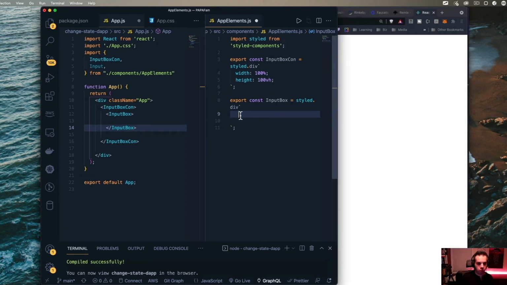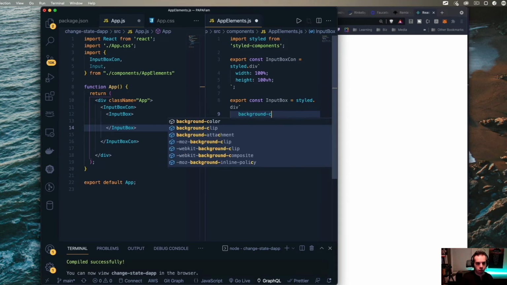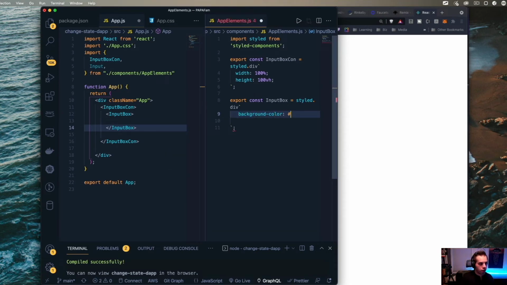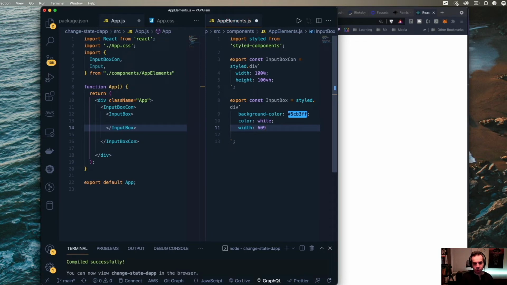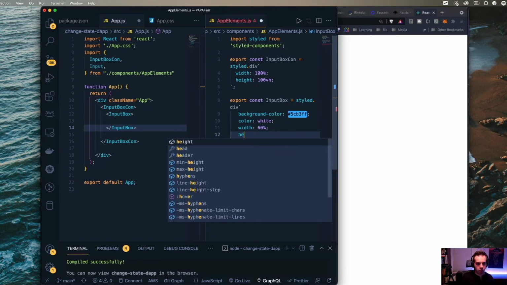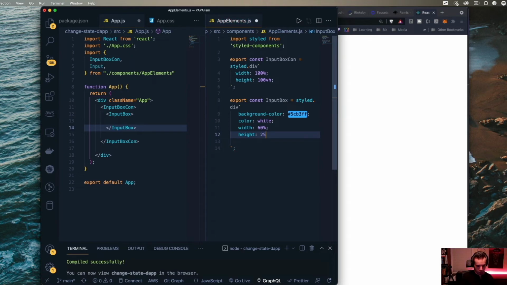So we're going to want a background color. And I have a nice blue. You could obviously choose a different color if you'd like, but I thought this was a nice sort of calming blue. That's color white. Let's do width. Let's say that this is going to be 60% of the overall width of the screen. Let's say that we give this a height of 250 pixels.